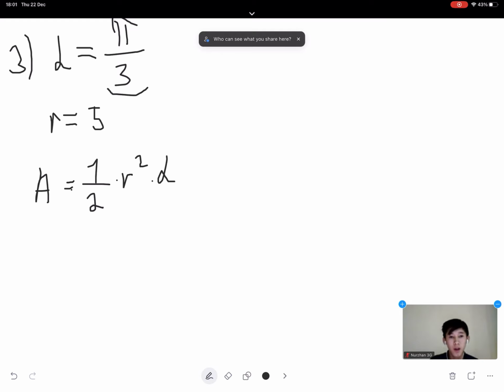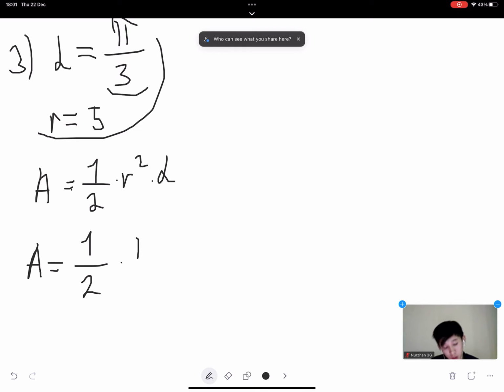Substituting r is equal to 5 and alpha is equal to pi over 3 into the formula, A is equal to 1 over 2 times alpha, which is pi over 3, times r squared. Yes, r is equal to 5, so 5 squared,